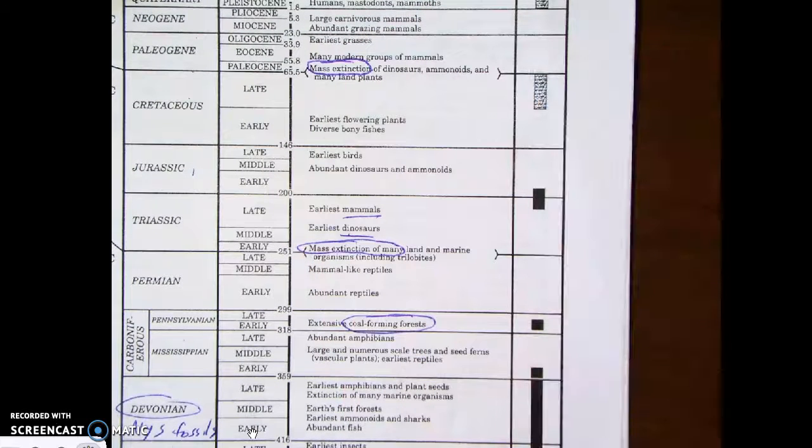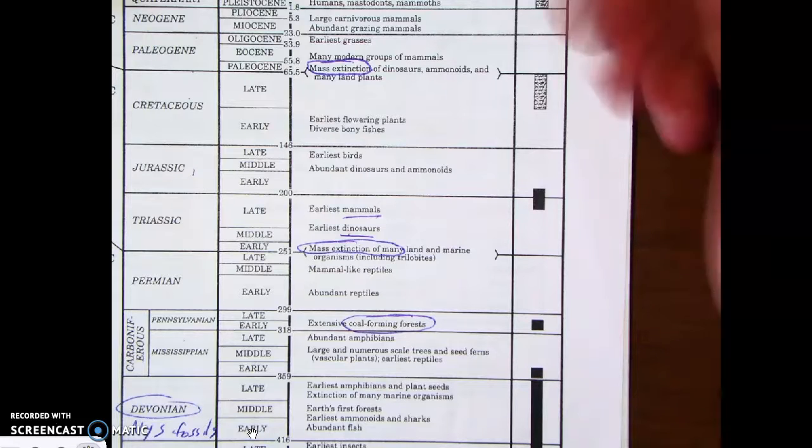This is the one that probably caused the dinosaurs to go extinct. Most scientists believe that this was due to a large meteor impact off the coast of Mexico. And again, large meteor impacts, similar to large volcanic eruptions, put out a tremendous amount of ash and debris in the sky, can block the sun for even a couple of years. Photosynthesis breaks down, world gets cold and dark. Then we get into